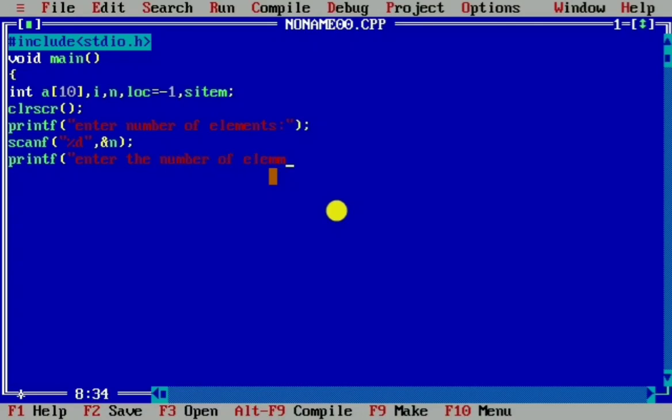There are so many numbers, maybe 4, 5, 6, so we will use a for loop, that is i = 0, i should be less than n, and i++. Then scanf %d, because all of them are integer values, but then &a[i]. Printf,